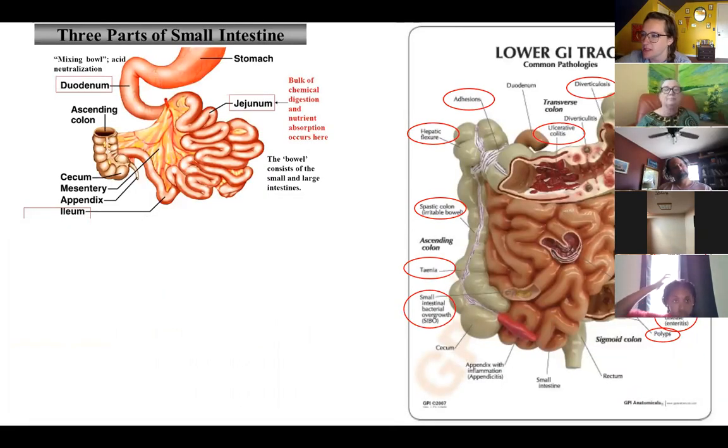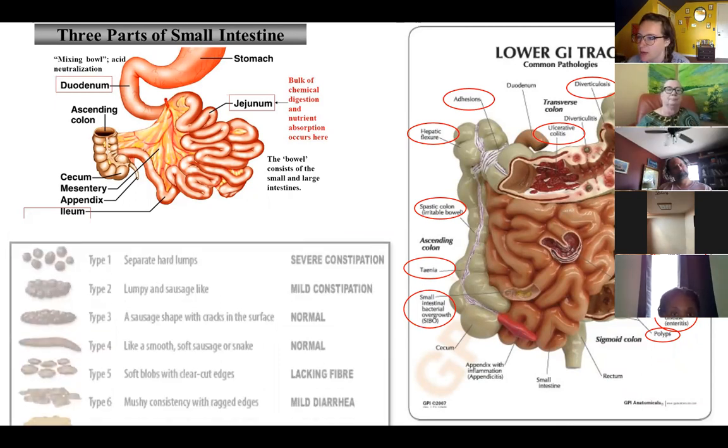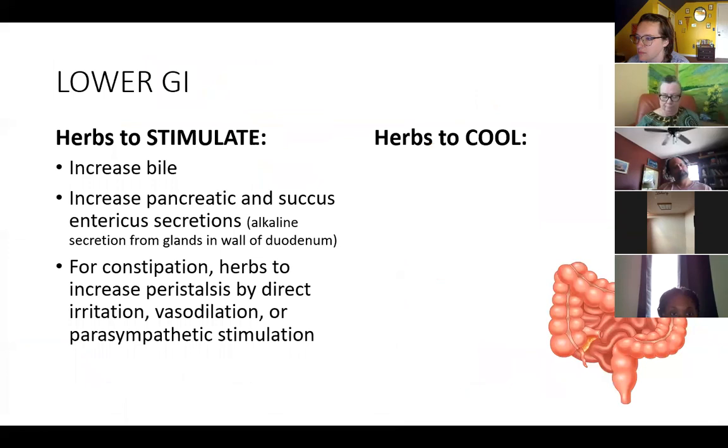Yeah, so see this picture of the stomach. Right after the stomach is the duodenum that leans into the jejunum, which is the beginning of the small intestine. And then that empties into the ascending colon, which is the start of your large intestine. So in that little spot, you need to increase those flows if you want the lower GI to be stimulated specifically. And like I said, there are herbs for that, treatments for that, but it's just one piece of the bigger